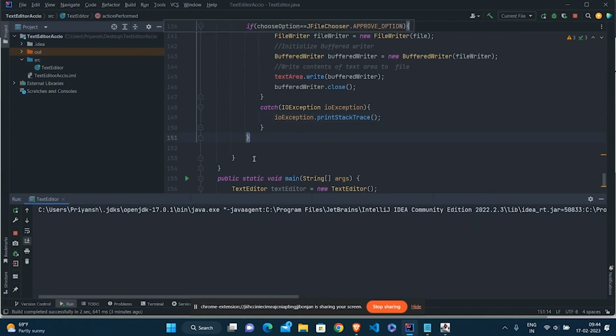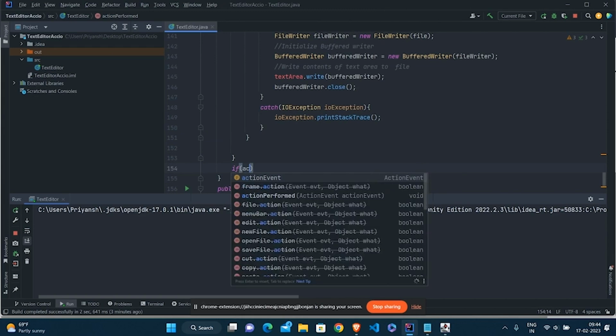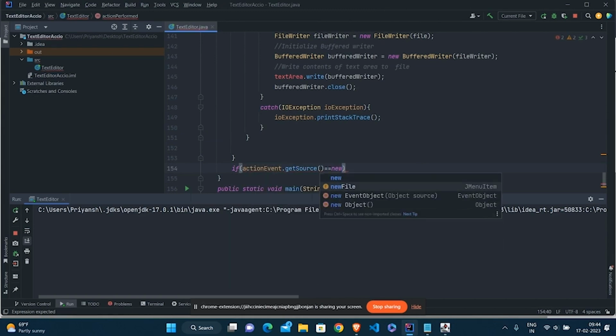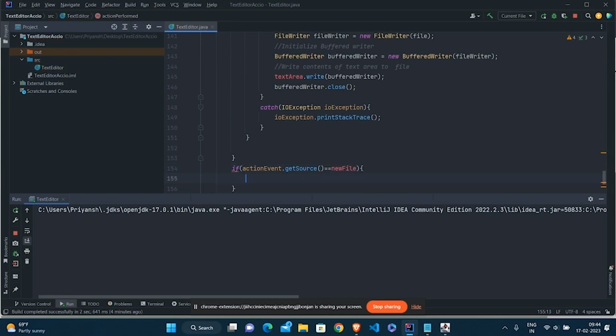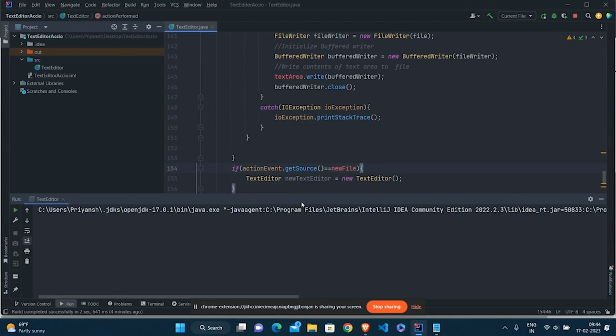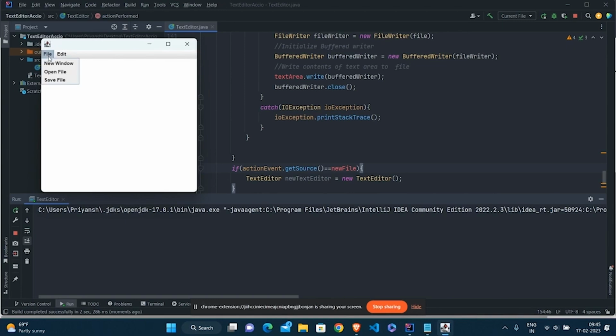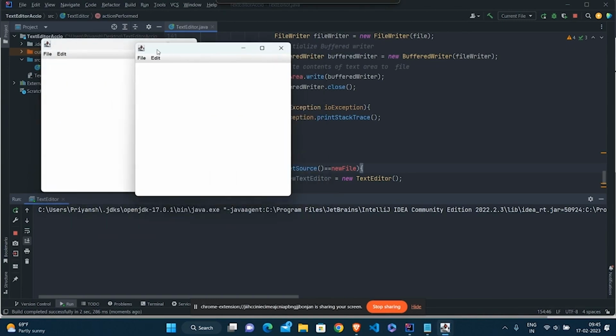If this is clear, what I need to do is, if action event dot get source is equals to new window, create a new text editor instance. Let's call it new text editor. Let's stop and rerun it. Now when I go to file and click on new window, you can see we have another window